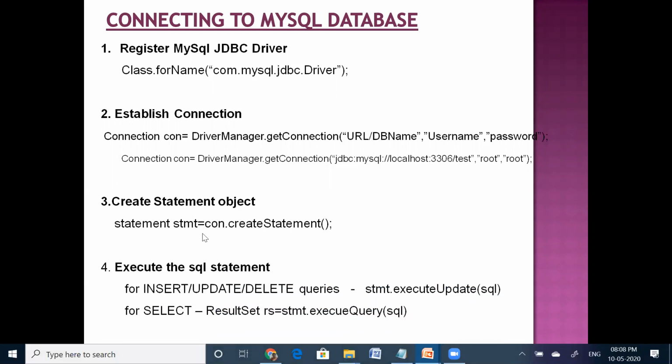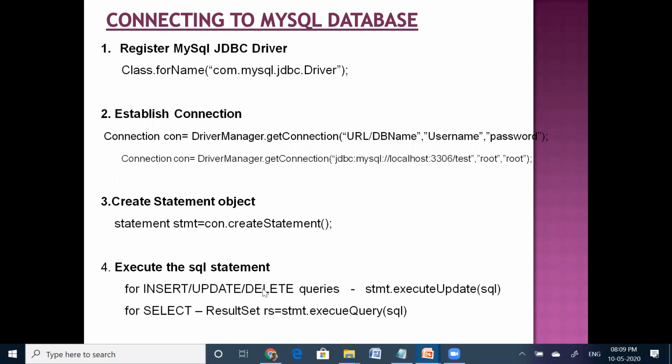Now next, whatever statement you have created here, you just execute that SQL statement. For executing that SQL statement, we have two methods. One is the executeUpdate method and the second one is the executeQuery method. For executing normal insert, update, delete, create commands, we need to use the executeUpdate method. For this executeUpdate method, we need to pass your actual SQL statement as a parameter. First we need to create the SQL statement, then execute it by using the executeUpdate method, which we invoke on the statement object.